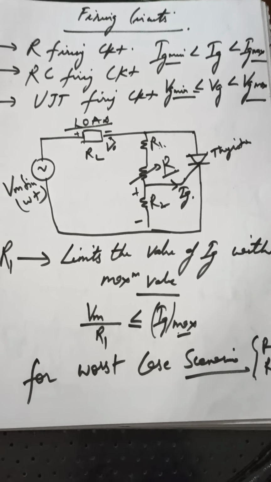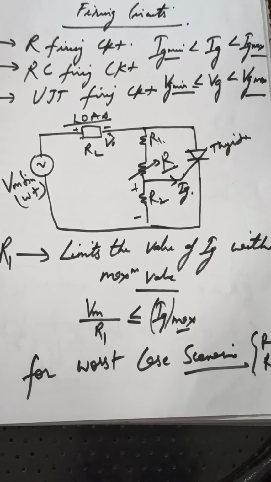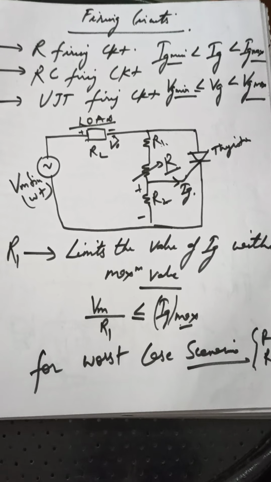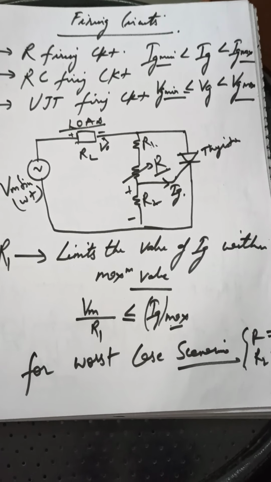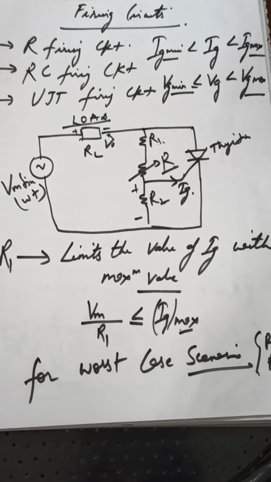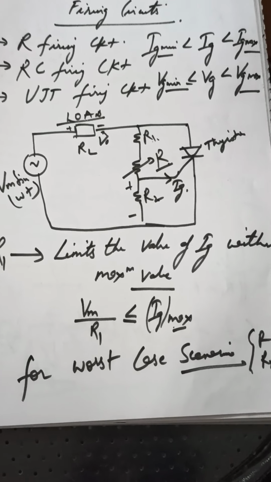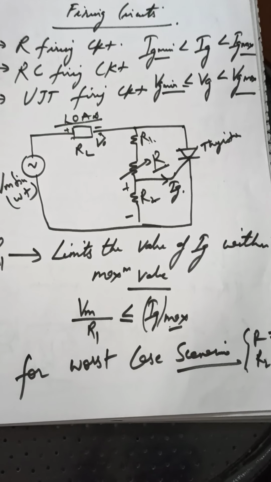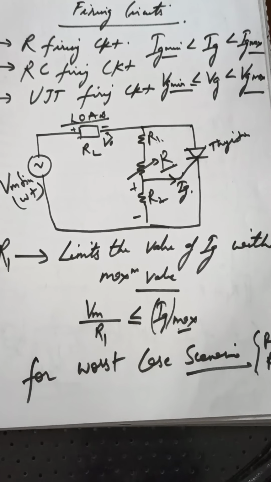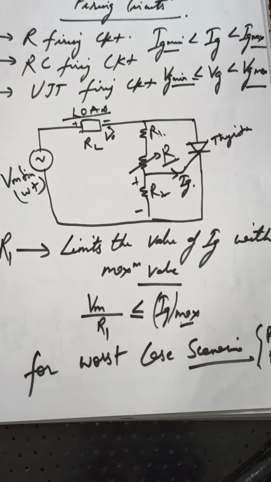As there will be conduction, there will be losses. I think the main motive of this lecture is that we should understand the losses incurred while we are going to trigger the thyristor. We can easily state that this method will incur huge losses, because a continuous conduction of current will lead to a loss of energy across R1 and R2.